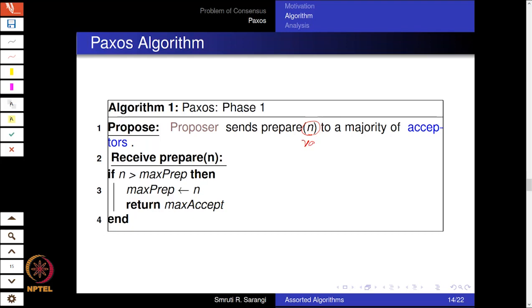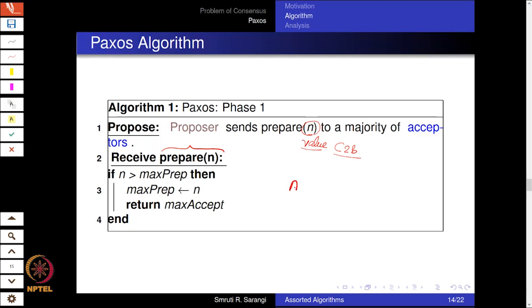This is important, and we will see that this will be useful in proving condition C2B, which essentially means that the proposer is not at liberty to propose a value. So the proposer is basically dependent on other factors to propose a value. And this liberty of proposing any value that the proposer wants is at least not there with the proposer in phase 1. In phase 1, if we look at line number 2, the prepare message is sent with just the number of the proposal. That's all.